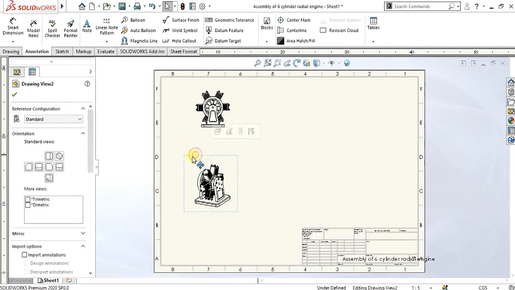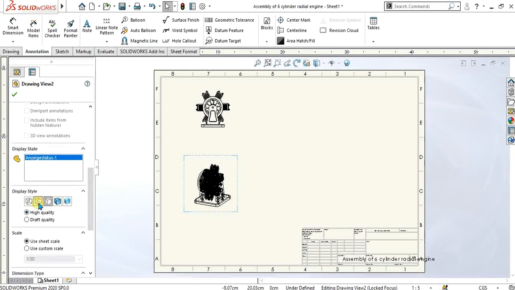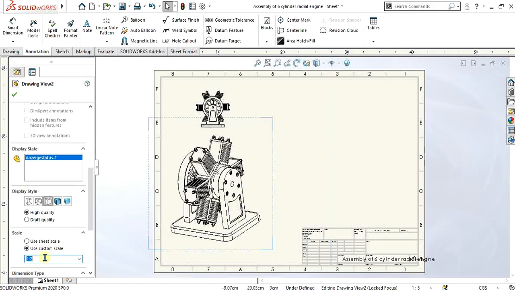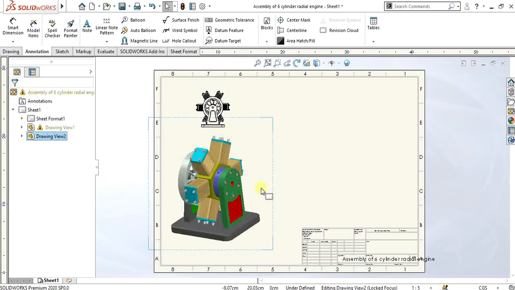So we are going to make it in the larger size. So in the custom size, select use custom scale and decrease the ratio like this and make 3D view from here. So now I am going to